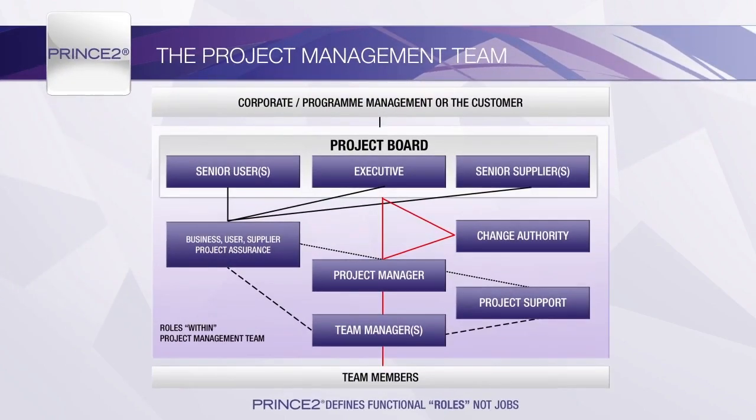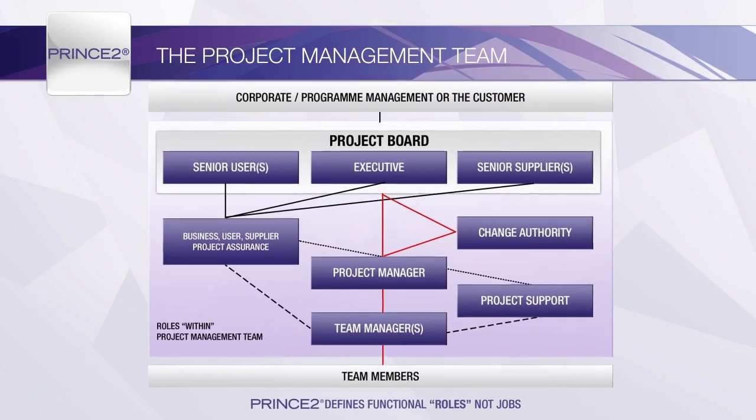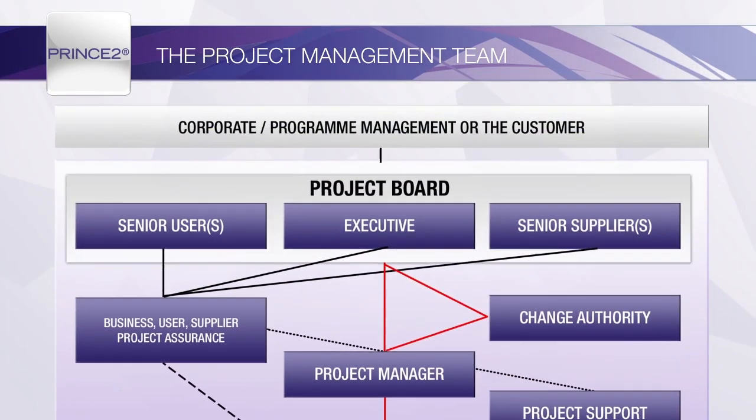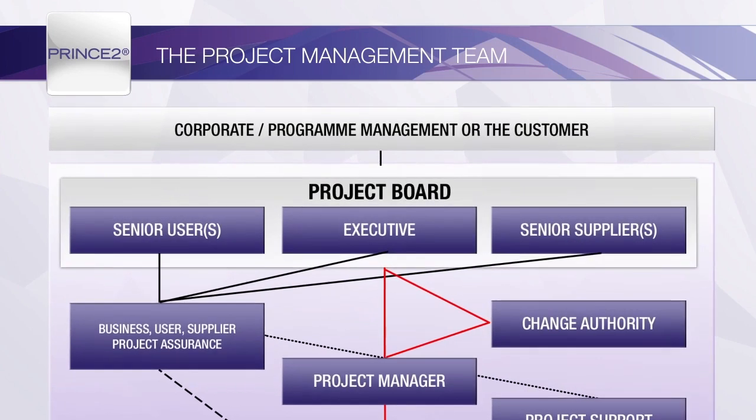The standard organisation structure reflects a sensible start point for the management of any project. The organisation structure reflects functional roles and not people. For example, there will not necessarily be 3 people on the project board, as some roles can be shared or combined. Combining customer and supplier roles is not advised, as this is likely to create a conflict of interest.